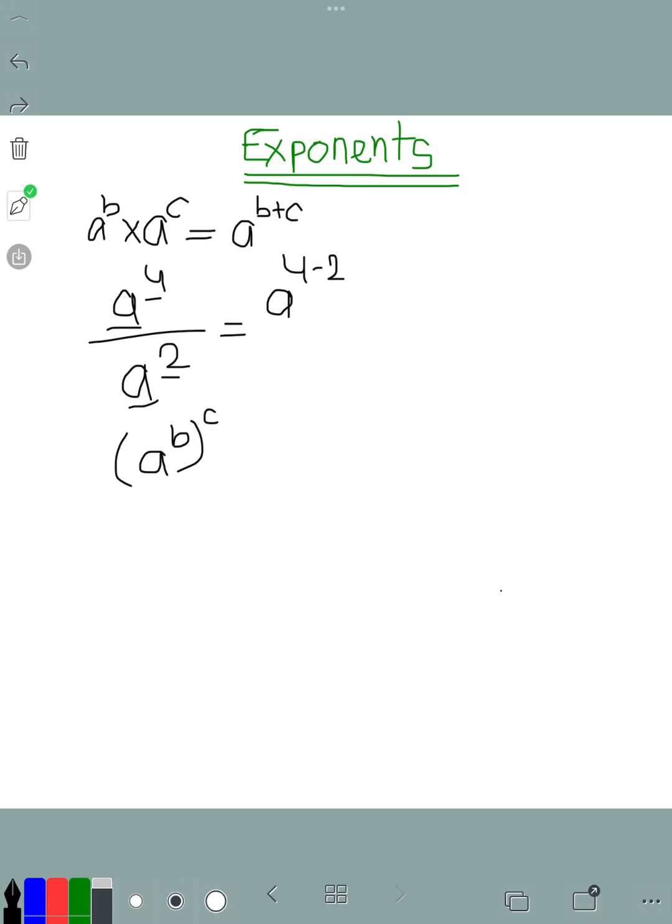Now a to the power b whole bracket power c, so power will get multiplied. A to the power b c, they will get b into c, that means 2 to the power 4 bracket power 2, that means 2 to the power 4 into 2 is equal to 2 to the power 8. Understood? Now moving further, we'll see the next example. What is the next example? So now what if the power comes in a negative number, a to the power minus 2?